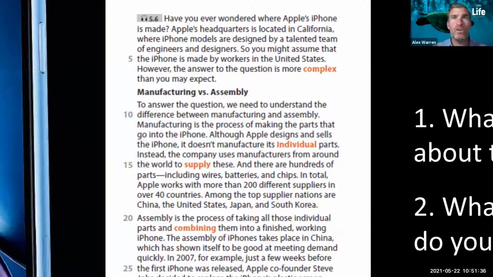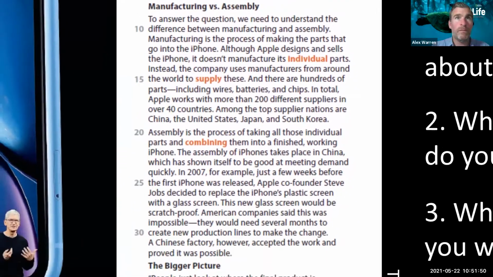So a lot of you said California, but that's where the headquarters is. But the answer actually is more complex. I'm going to scroll down a little bit.